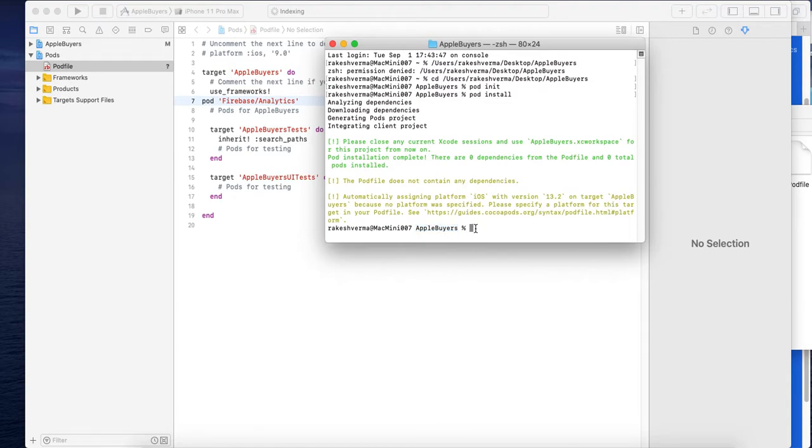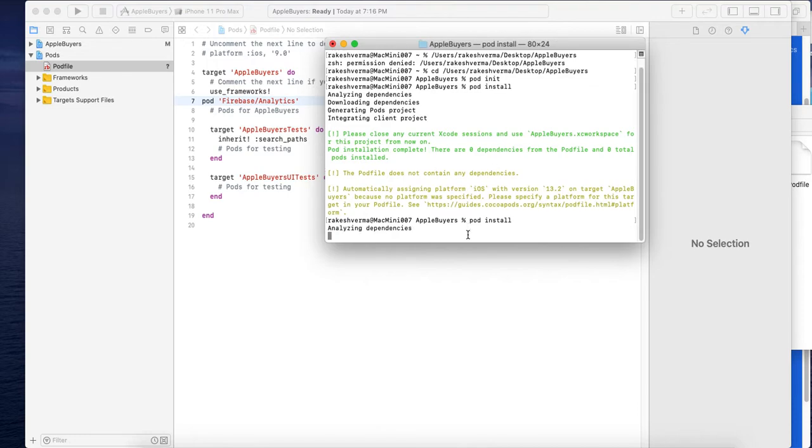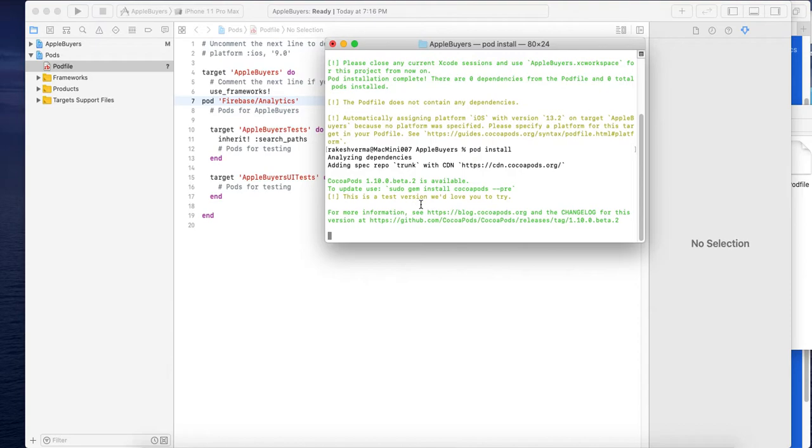Then inside that directory, I have written commands: pod init and pod install. So pod install. Now it will install the pod. It will take some time.